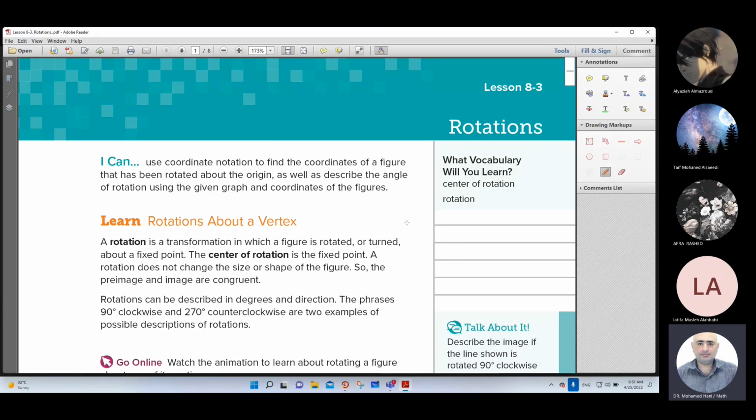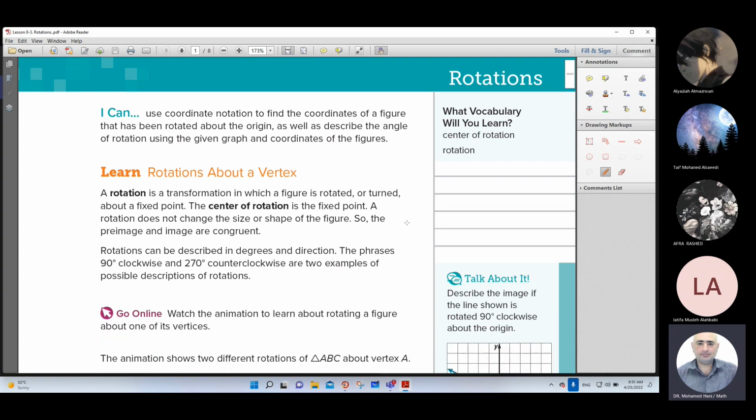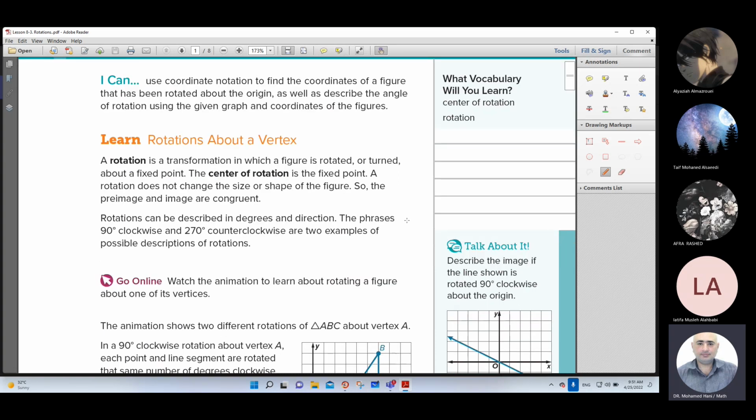Math grade 8. We are in module 8, lesson 3, rotations. Today we want to learn rotations. In this lesson we want to use the coordinate notation to find the coordinates of a figure that has been rotated about the origin, as well as describe the angle of rotation using the given graph and coordinates of the figures. The first idea in this lesson,